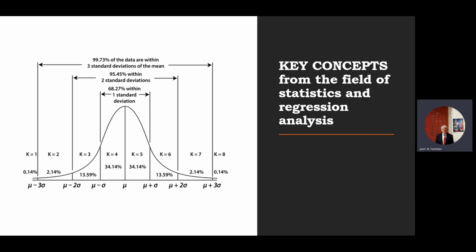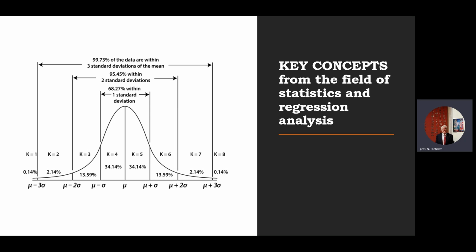Fifth, perhaps the most widely used distribution of all is the mean-centered bell-shaped Gaussian or normal distribution, where approximately 68.3%, 95.5%, and 99.7% of the data are contained within plus minus 1, plus minus 2, and plus minus 3 standard deviations from the mean. The Gaussian or normal probability density function is centered on the mean data and divided into 8 probability intervals in integer multiples of the standard deviation.